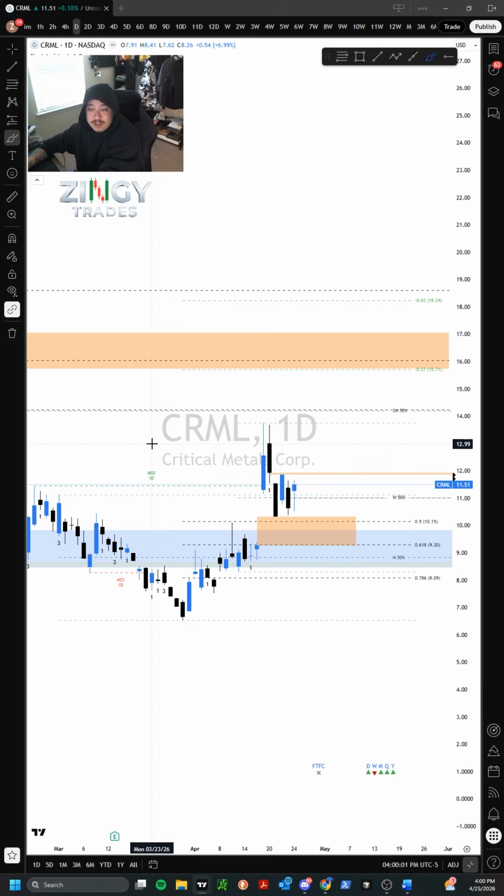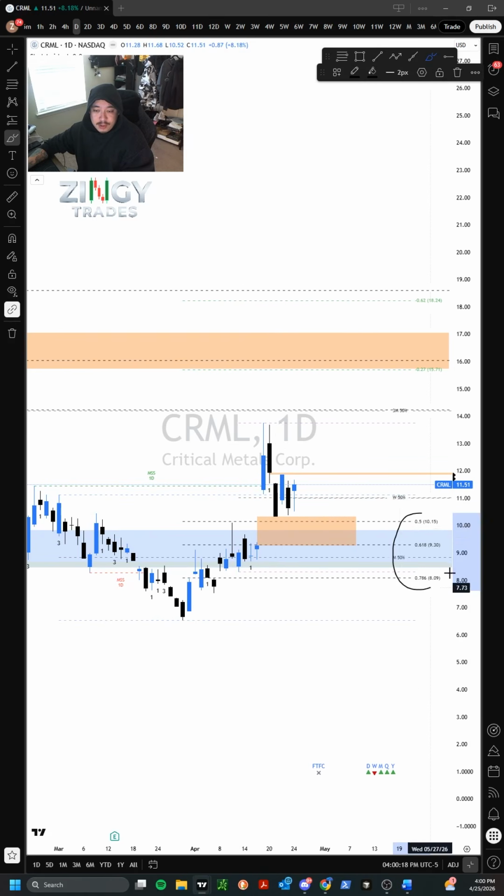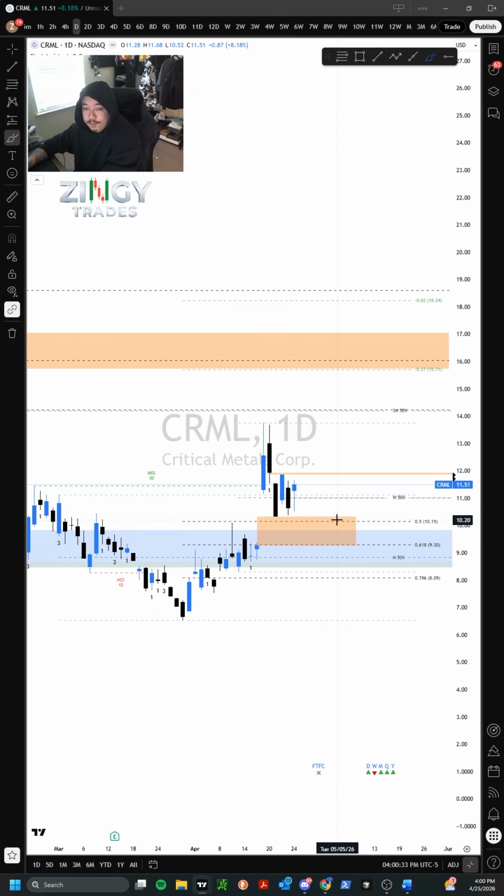Next up on the list is CRML. This one has an open gap above it as well as below it, so do bear that in mind. We're kind of fighting gap versus gap at the moment. We do have a market structure shift on the daily, so that is what I am watching this off of. Now, this one reminds me a little bit of Cisco. While OTE is available on this, I don't know if we get a true OTE entry or not. What we could potentially do is just hold this open gap rather than pushing through into a true OTE for higher.